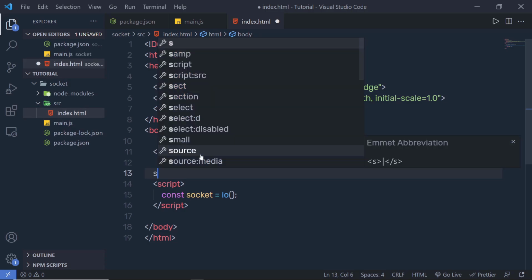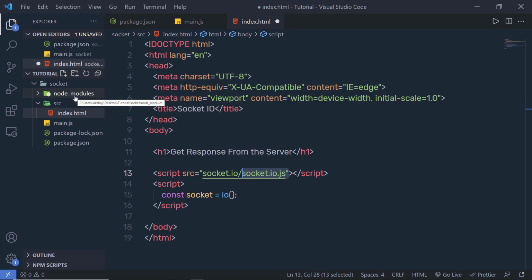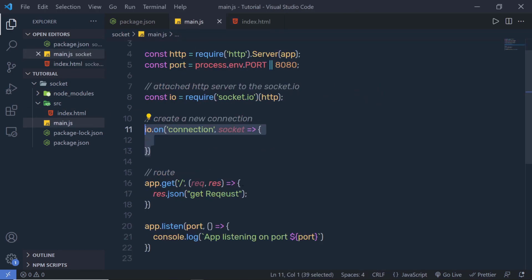So at the top you have to just call script with the source, and then you have to say here socket.io/socket.io.js. If you want, you can specify the actual path of this file from this node module folder. That's up to you. Let me save this file and go back to the main.js,